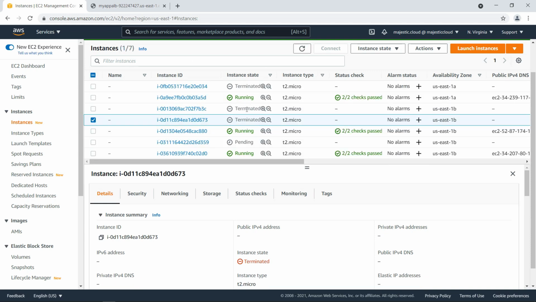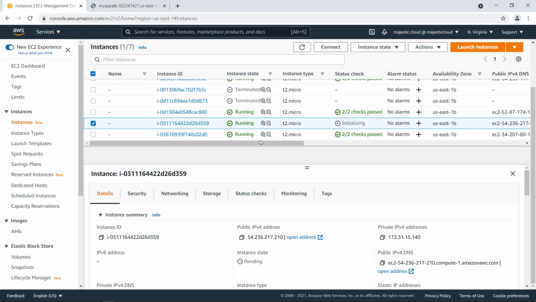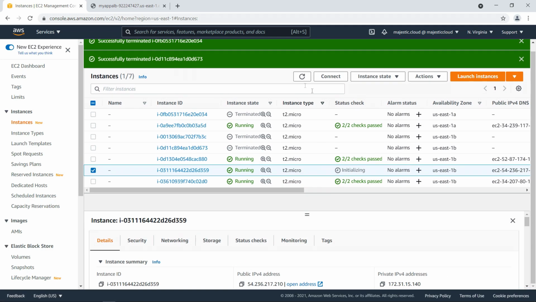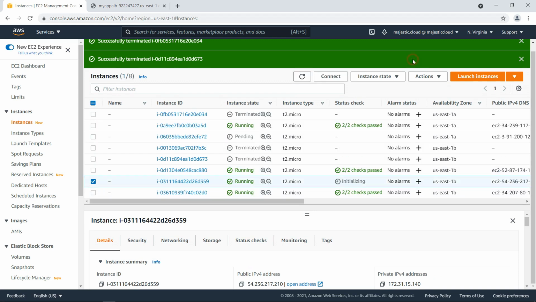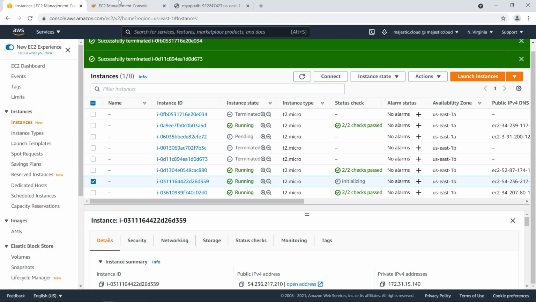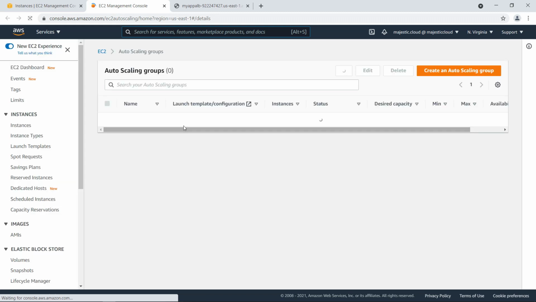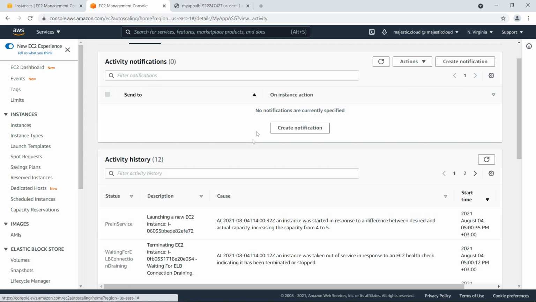So after a while auto scaling is launching a new instance to replace the one I've terminated, because it didn't yet detect that I have a smaller load on the instances. And let's click on refresh again and wait a bit more. Meantime, we could also take a look at the auto scaling group activity tab and see what happens in our auto scaling group. So if I go to activity, I can see that